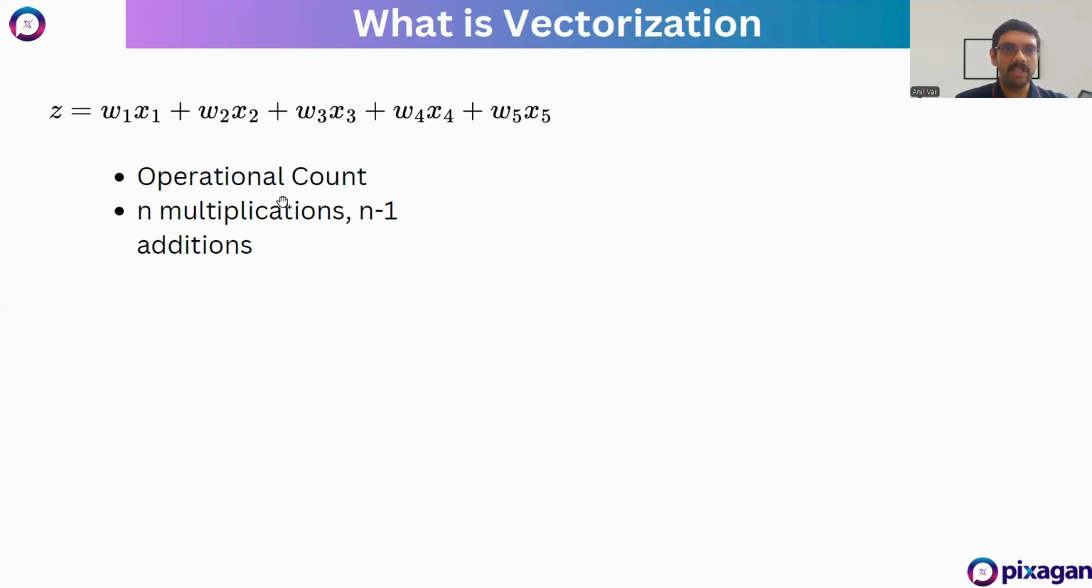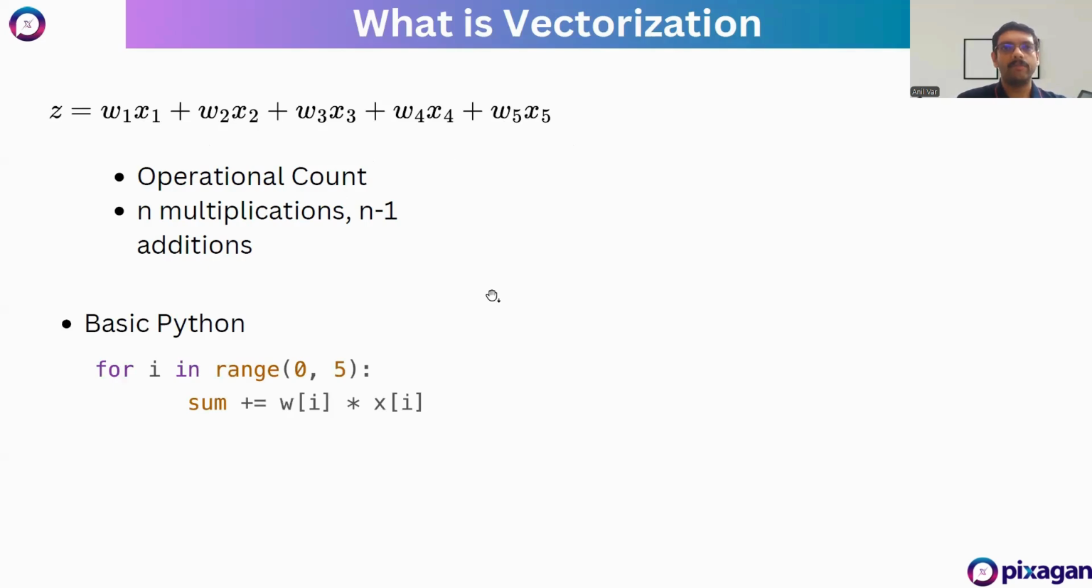The reason I say n is that this is 5, but you could have a system where you have the same thing with 100 terms. So you have 100 multiplications and 99 additions. You could keep increasing n. Now, how would you implement this in Python? You'd say sum is equal to 0 first, and then you'd say for i in range 0 to, in this case, 5,